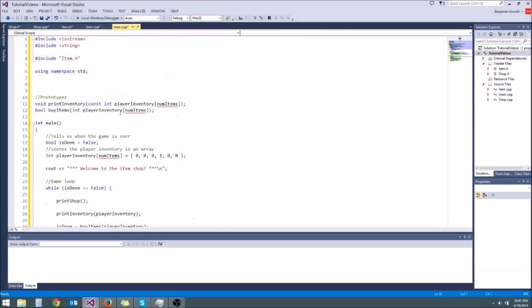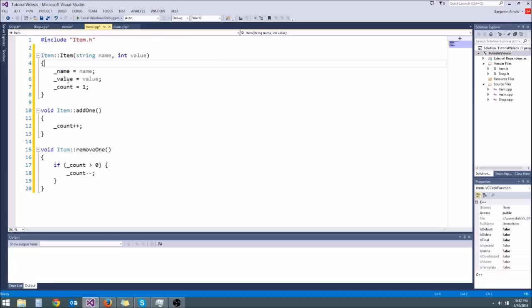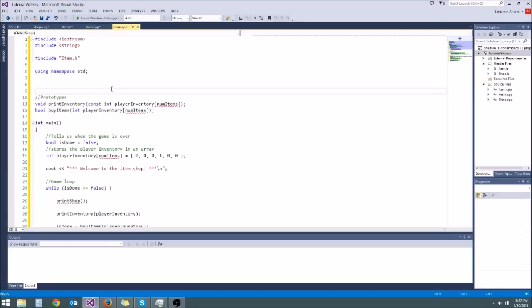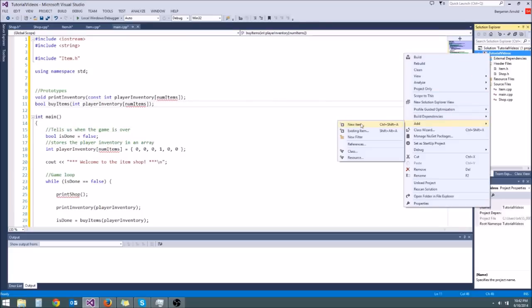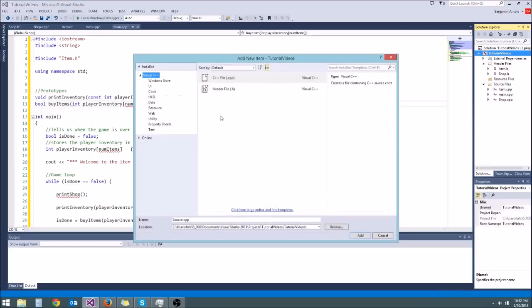Now what are we going to do about the player inventory? What I'm going to do is just make a list of items, and that's going to be the player inventory, just like we have a list of items that is the shop's inventory. So let's go ahead and make a player class that's going to have the items, and it's going to have the amount of money he has and all that stuff. So as you can see, we're kind of making a game here. We've got a player, we've got a shop, we've got items. We're well on our way to making a little